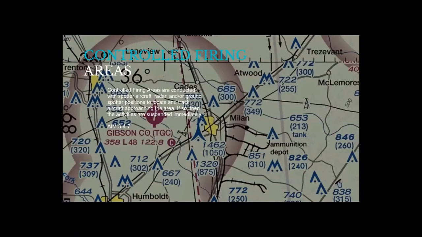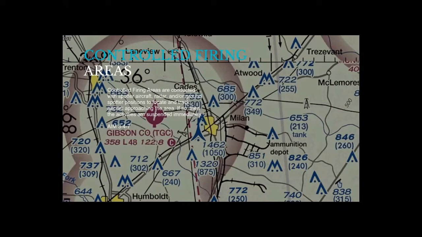All right, so controlled firing areas. These are particularly peculiar because they're not depicted. So how do we know they're there? Largely, if you don't do the extra legwork across the entirety of your route, you're looking at the airport facilities directory, specifically, I'm sorry, the chart supplement, old habits. The chart supplement's depiction for any information about a controlled firing area, you're not going to find them on the charts themselves. And that's because even though they're firing literally some type of live munition, usually ground fire, but it could be beyond that,